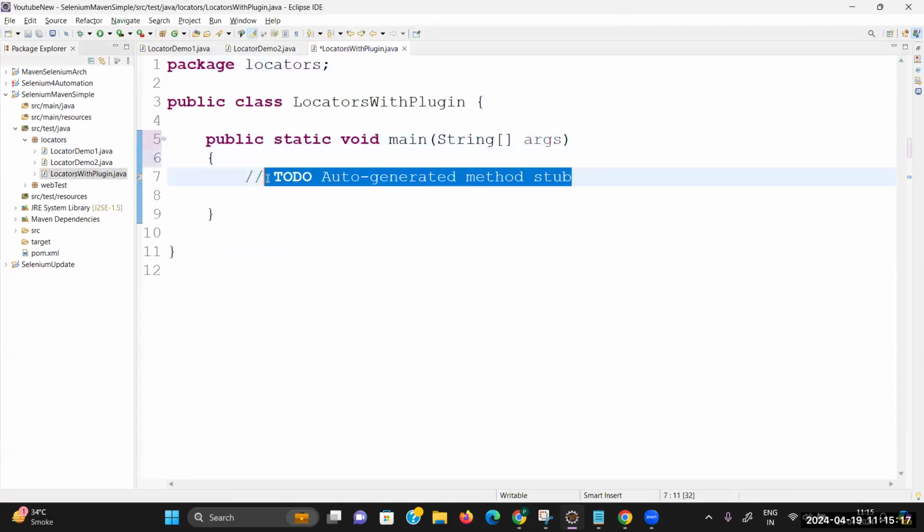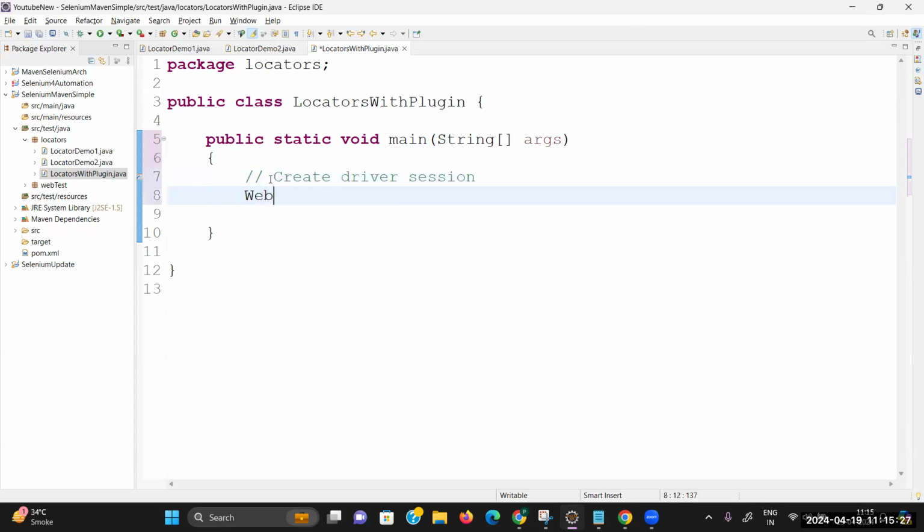The very first step we need to follow in automation is to create a new driver session. This is a common step. Create driver session. Let me write WebDriver driver equal to new